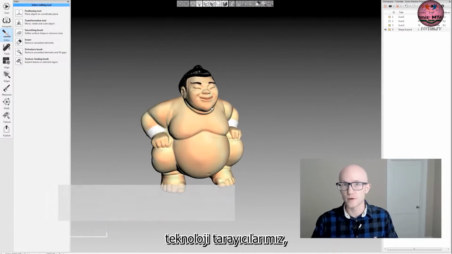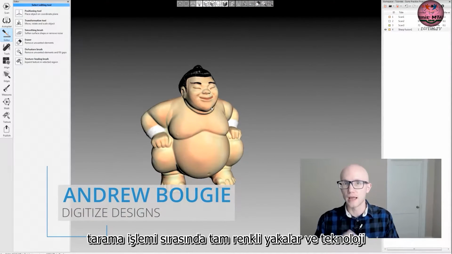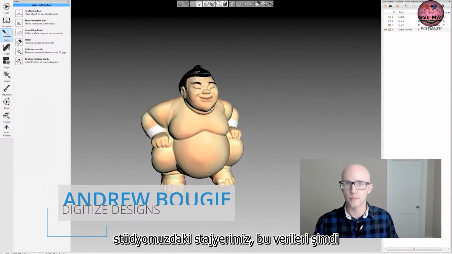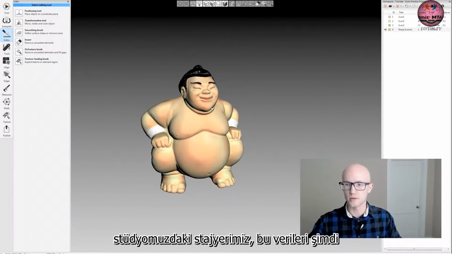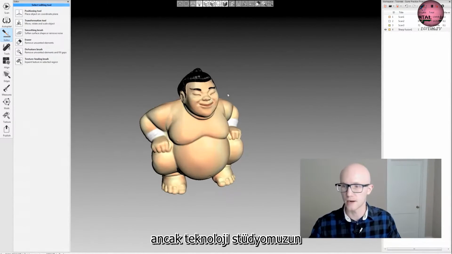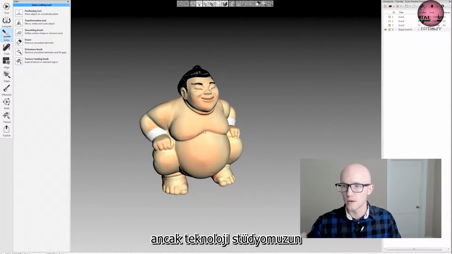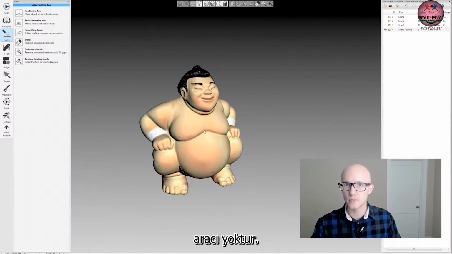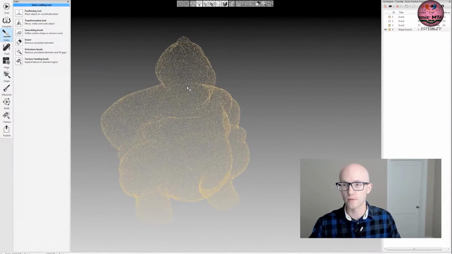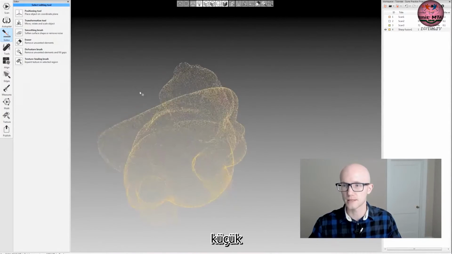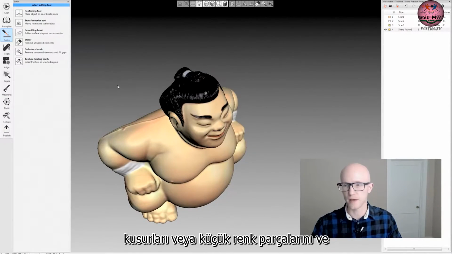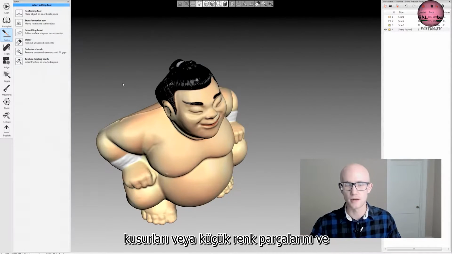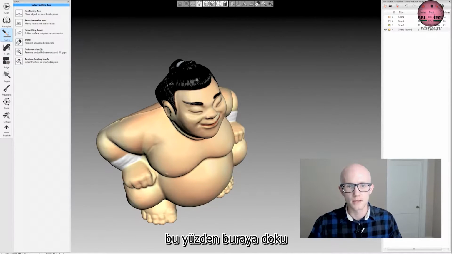RTEK scanners capture full color during the scanning process, and RTEK Studio in turn can reapply that data to the model, like you see here with the sumo character. While RTEK Studio doesn't have an in-depth texture editing tool, it does have a basic tool that can function very well for simple editing processes, such as removing small imperfections or small bits of color and that sort of thing. So let's go in here to the texture healing brush,